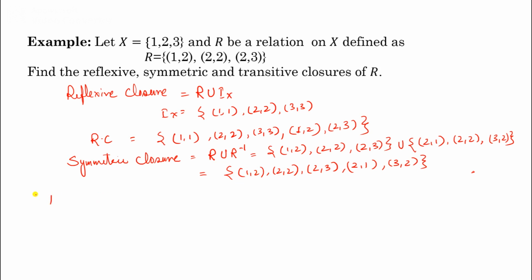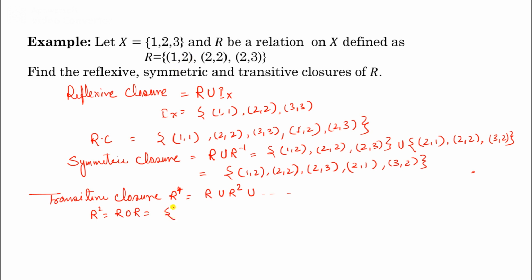Now the transitive closure, or you can say R star. For R star we need to find R union R square union and so on. R is given, so first we will find R square. This is R composition R. So if you find the composition of R with itself,